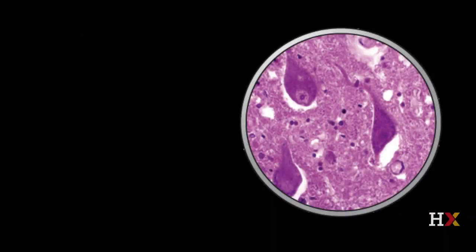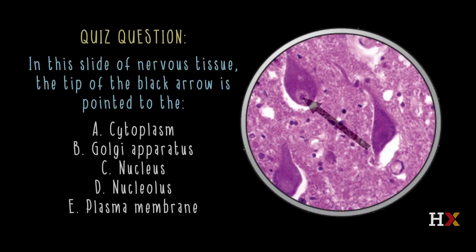And so at this point, you should be fairly good at distinguishing the cytoplasm and the nucleus from one another. Let's test that by looking at this slide of nervous tissue. The tip of the black arrow is pointing to